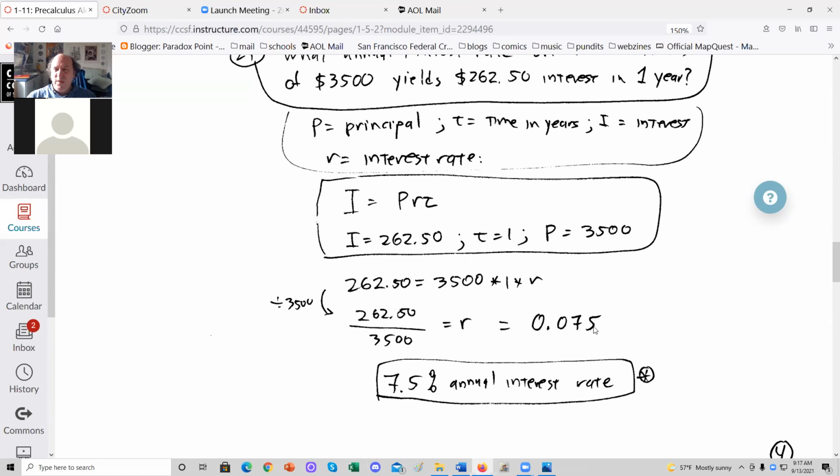Now, they ask for interest rates in percentages. So you write that as 7.5% annual interest rate. And again, it's considered polite to write it in English like this, rather than merely this